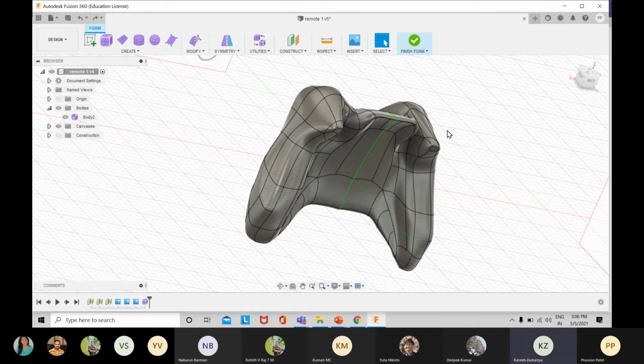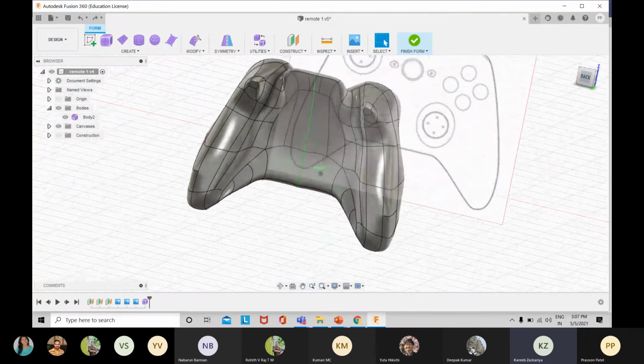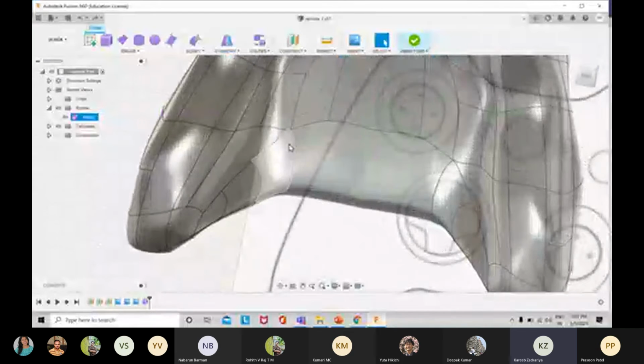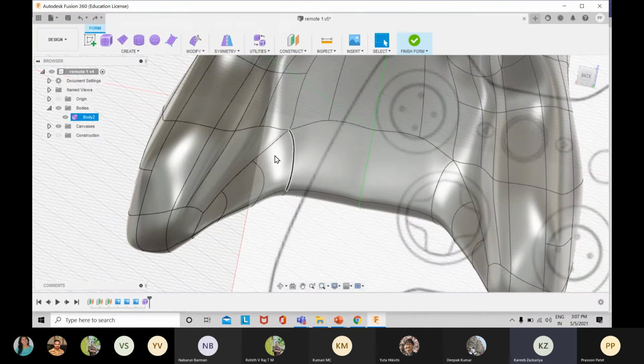Okay, so that is something you have to take Rohit's form as an example, where he didn't want to create five-sided faces. I think you have some points where five lines are intersecting, and maybe that would be needed in some cases where the surface itself demands. I think you can avoid those things.